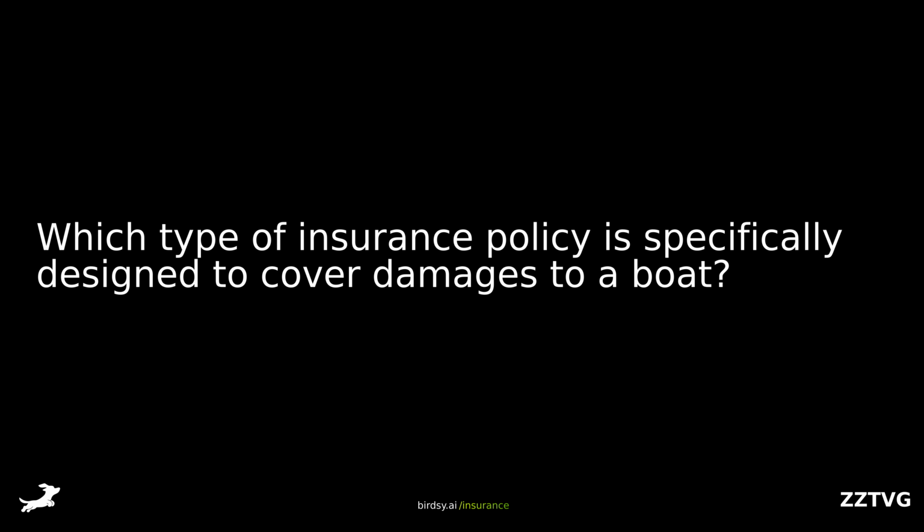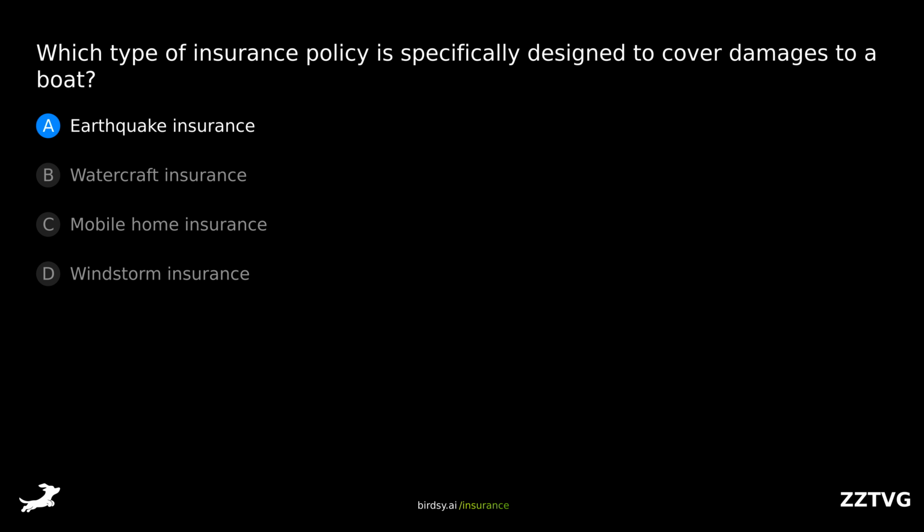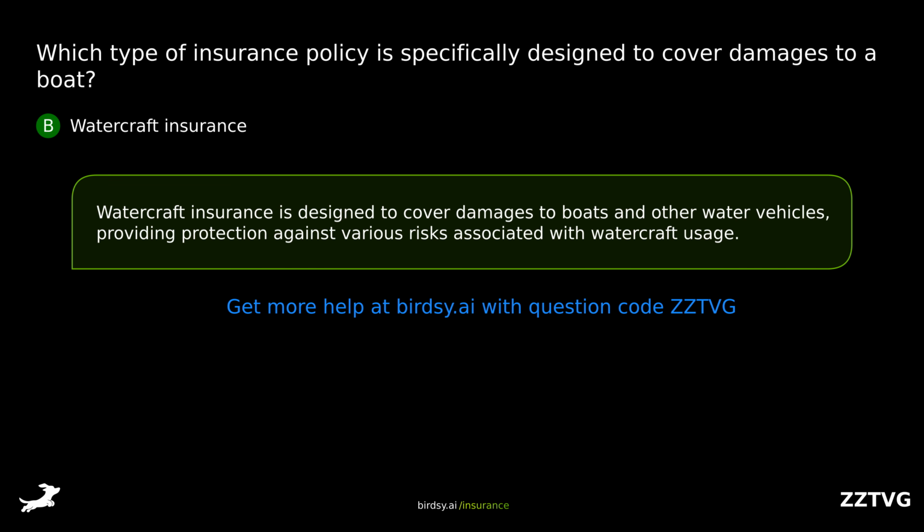Which type of insurance policy is specifically designed to cover damages to a boat? Is it A, earthquake insurance, B, watercraft insurance, C, mobile home insurance, or D, windstorm insurance? The answer is B, watercraft insurance. Watercraft insurance is designed to cover damages to boats and other water vehicles, providing protection against various risks associated with